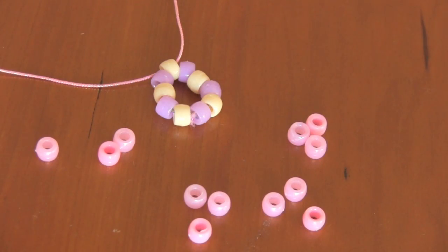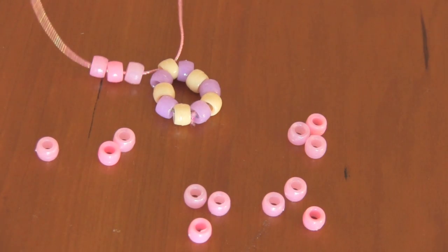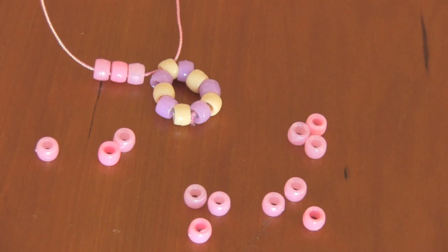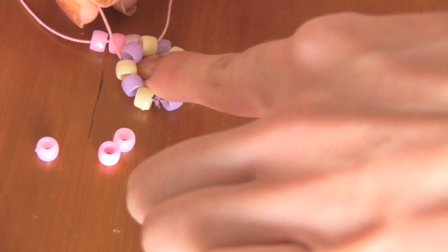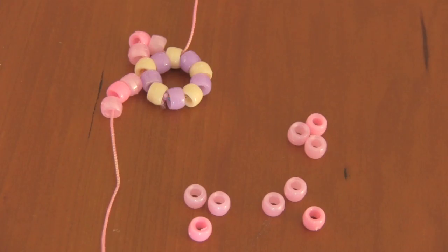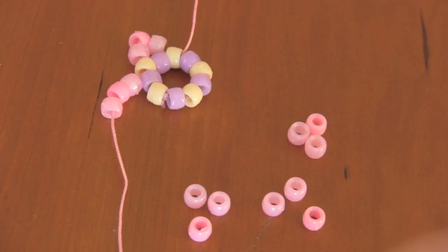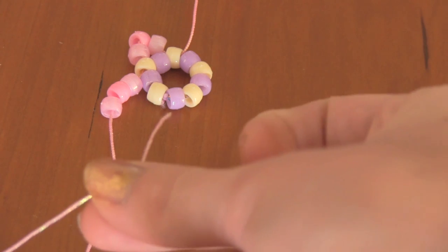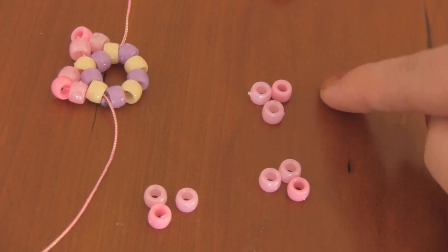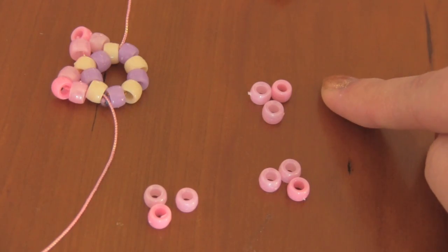Remember to start by putting the string through a bead of your choice, so I'm using the cream colored bead. Since I want the darker pink bead to be at the top of the point every time, I put light pink, light pink on, and then I'm going to put that through the next cream bead. Again, thread light pink, light pink, and put the end of the string through the next cream bead. Repeat these steps with the next 3 sets of pink beads, and then tie it off at the end